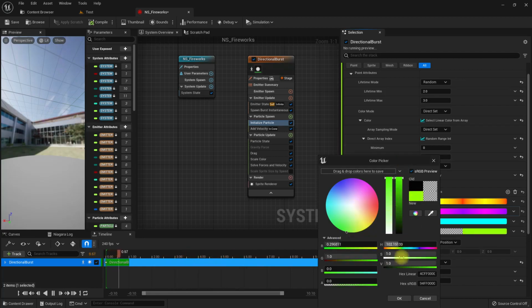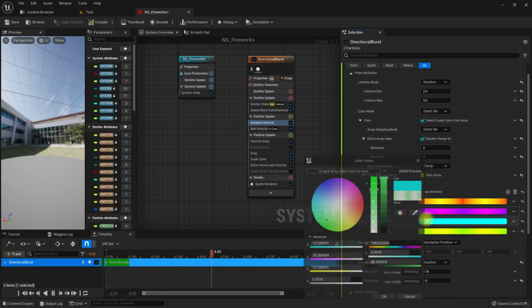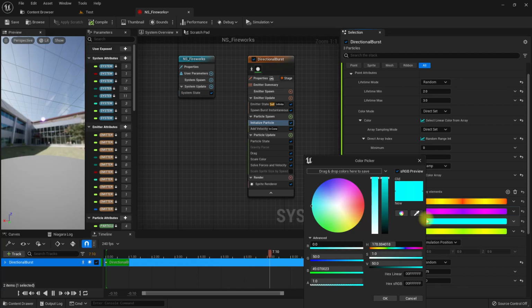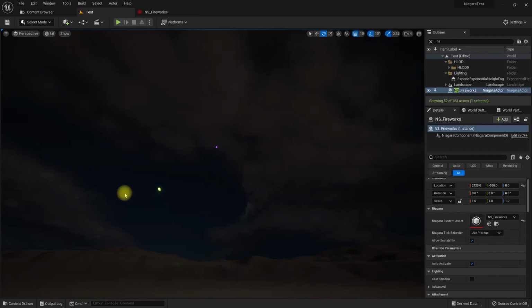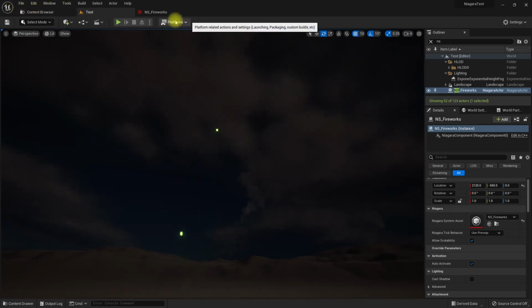Yellow. Now they should have different colors. See? Green, green, green, purple, red, blue. Okay, so we get different colors. Now let's work on the trail. So the easiest way to add a trail is to add a ribbon, but